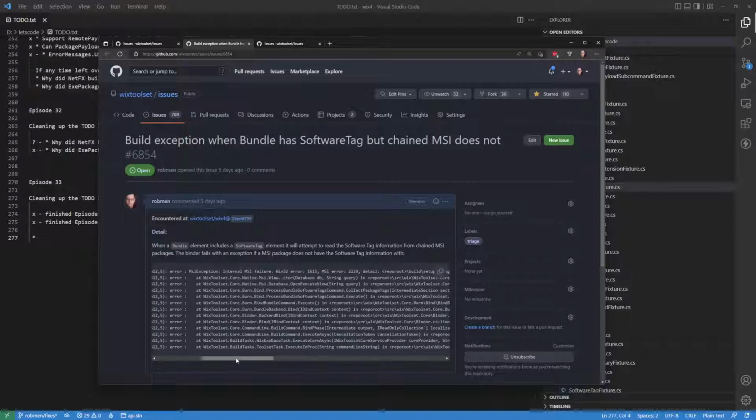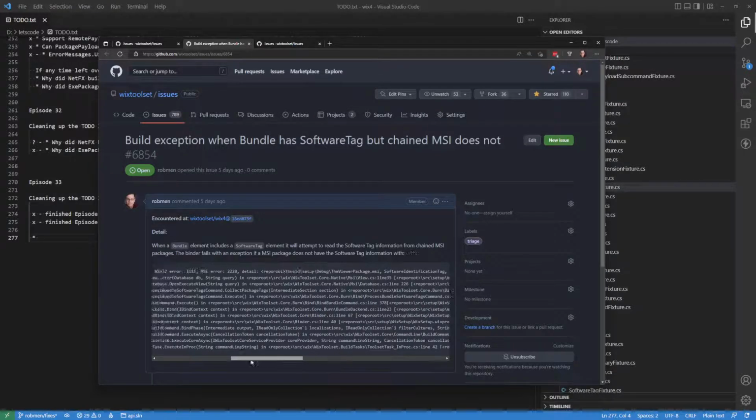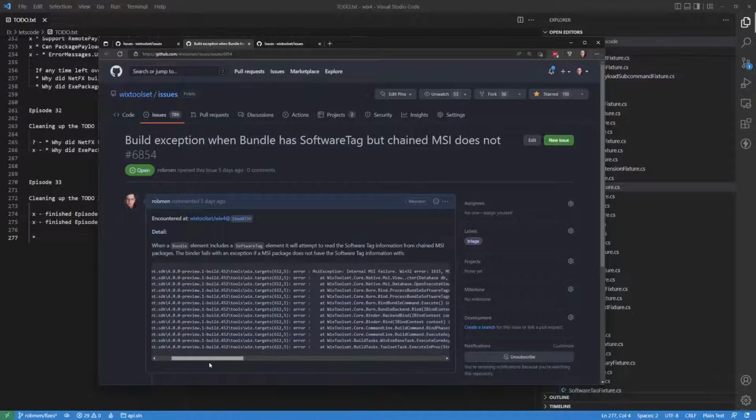Bad thing. So let's go ahead and fix it. Now this was done to the theme viewer package, which is new. Or rather, the theme viewer package didn't have a software tag in it, and the bundle tried to. Anyway, let's go create a repro